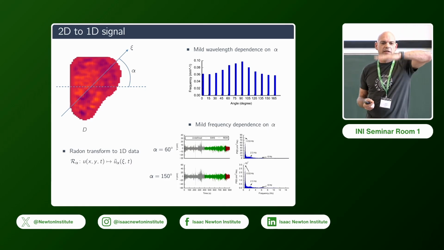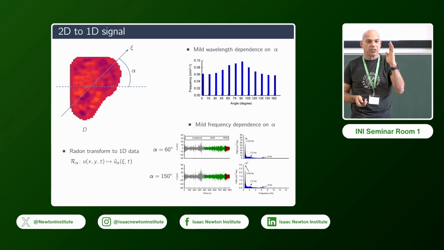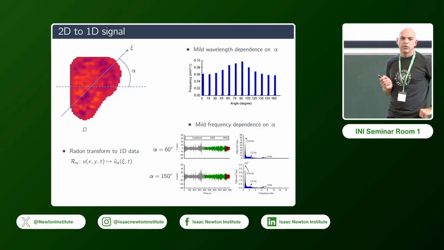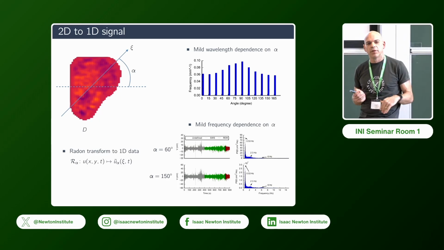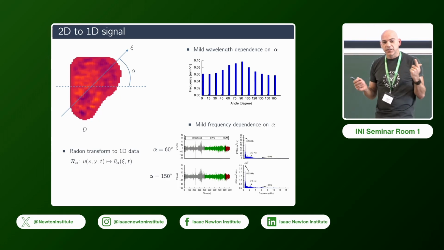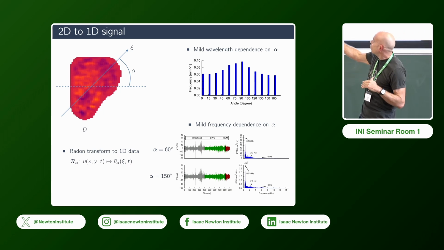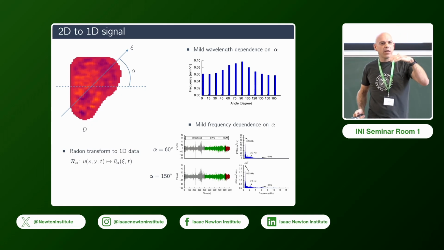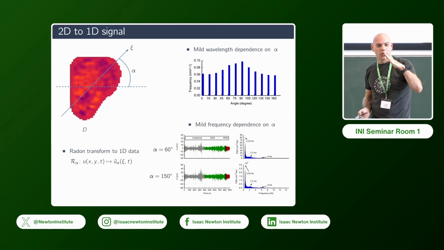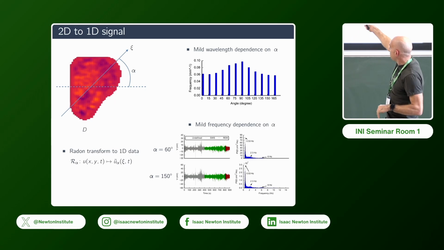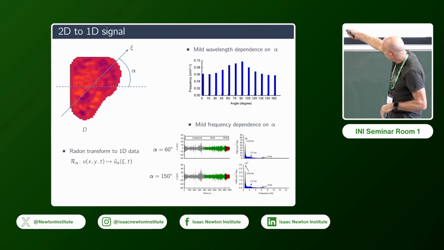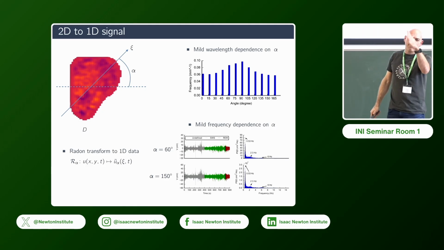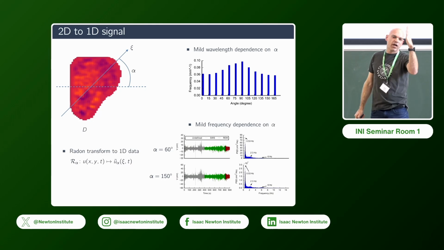Because if I look at the slices that I just presented to you, it seems that there is not an enormous difference about that. And Khadija went and picked up a trick that is in use in imaging, the Radon transform. What a Radon transform does is let you transfer your 2D data onto a 1D line whose angle you choose a priori. So one way you can try a 1D version of your 2D data is to pick a center, pick an angle, and then the Radon transform basically accumulates your signals onto that line, so that you can then vary the alpha and try to redo your analysis.